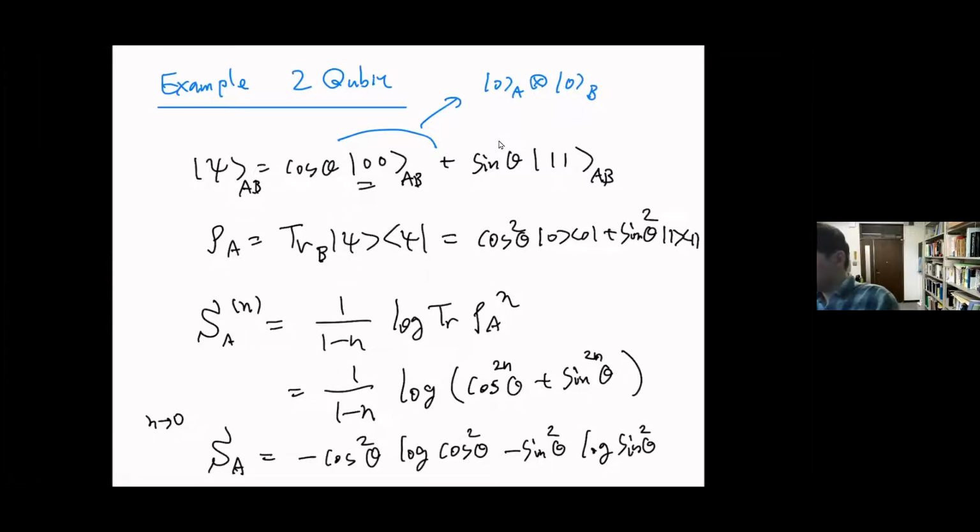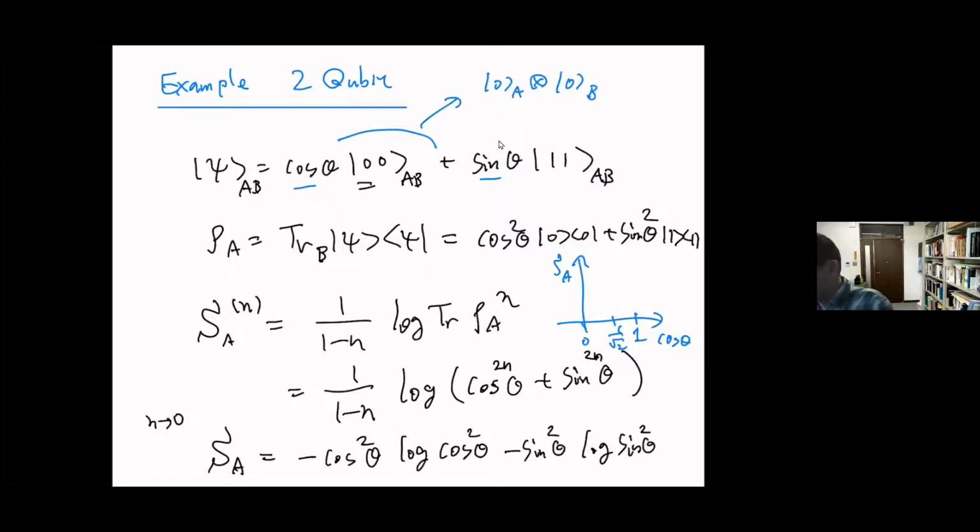And of course, if you plot this as a function of theta, maybe not theta, I think it's good to just write it as cosine theta. Maximally 1, and this is 0. If these two are the same, that means 1 over square root of 2. And this entropy